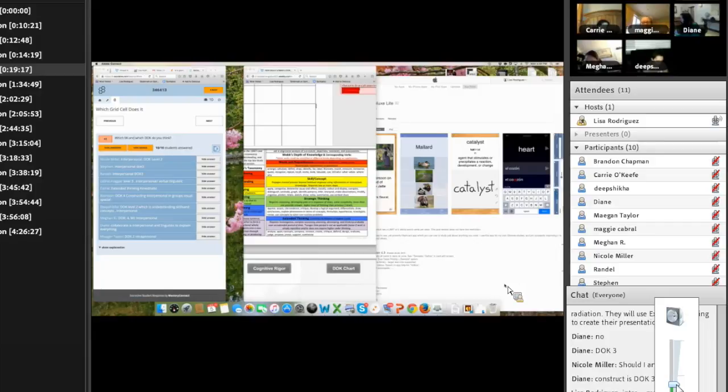But I put level 4 because I felt that creating a video to explain it was extending their thinking, requiring investigation, complex reasoning, planning, developing,